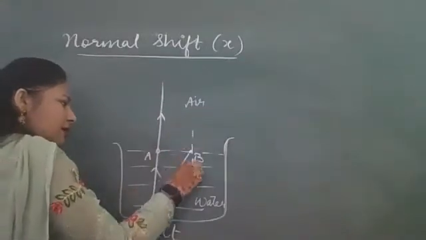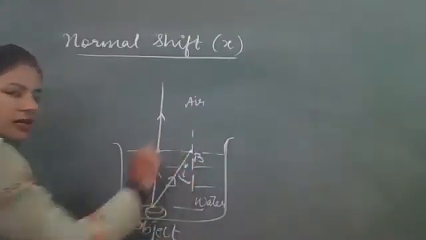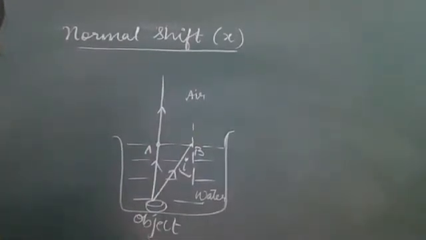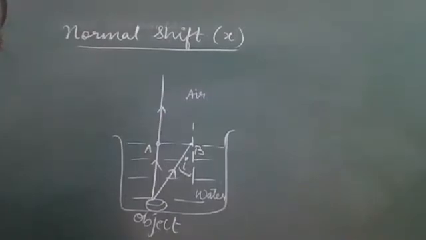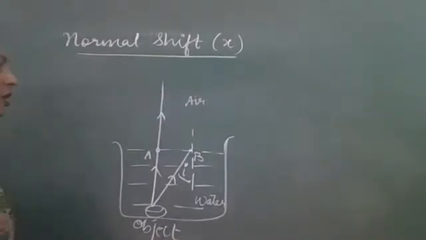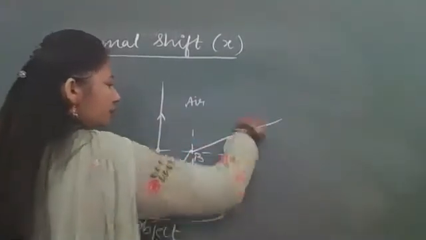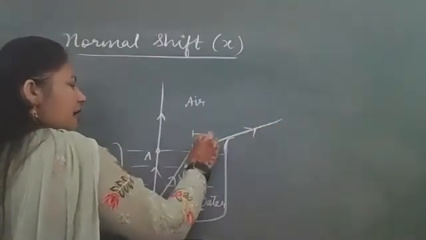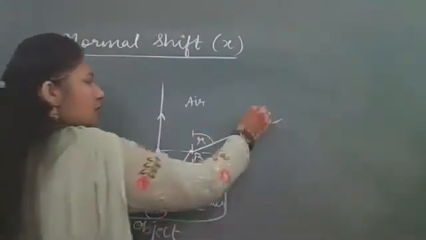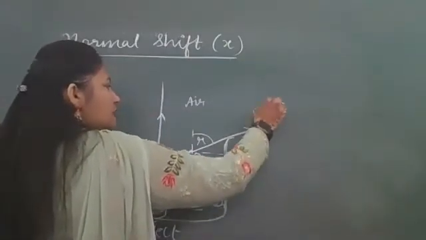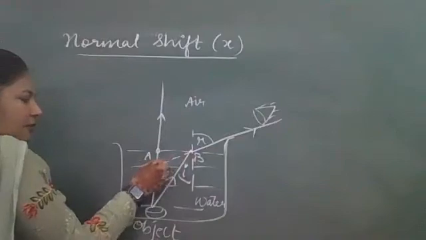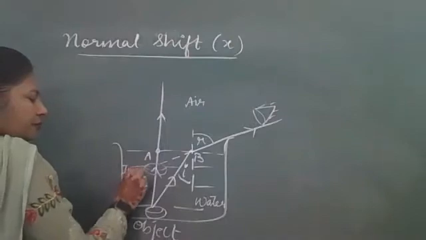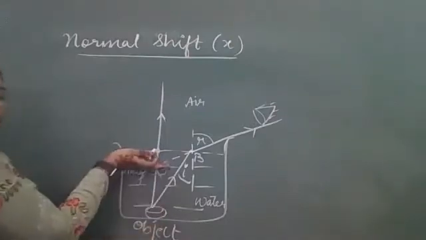Let us take one more ray which is going at some angle. So draw the normal here. The angle of incidence is I. Since it is traveling from denser to rarer medium, it will bend away from the normal. This is the refracted ray, and this angle is the angle of refraction. Now, to a person standing outside, it will appear as if the light is coming from here. So the image of the coin will be seen here, and the coin will appear to be raised.